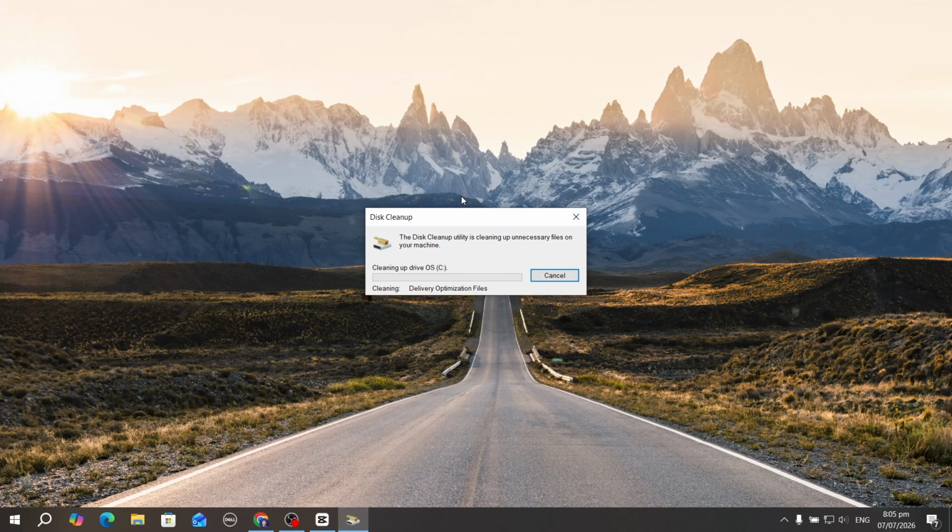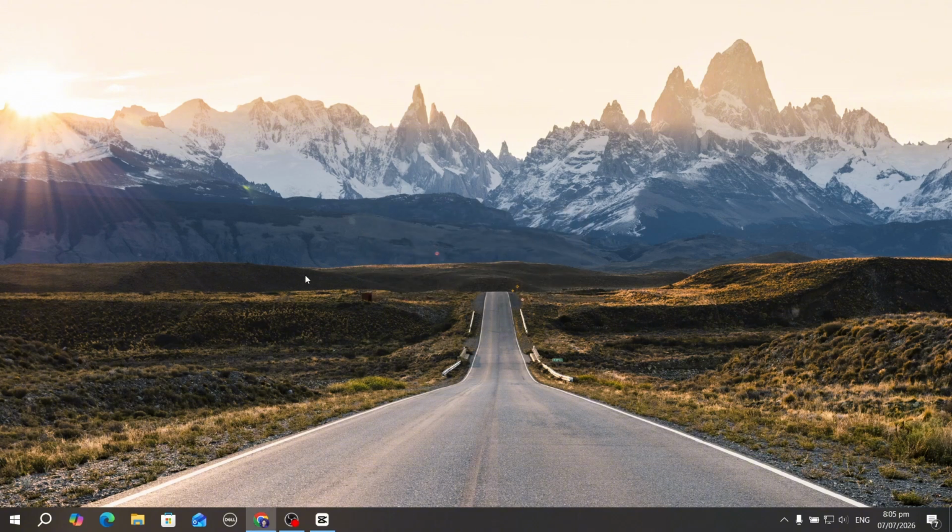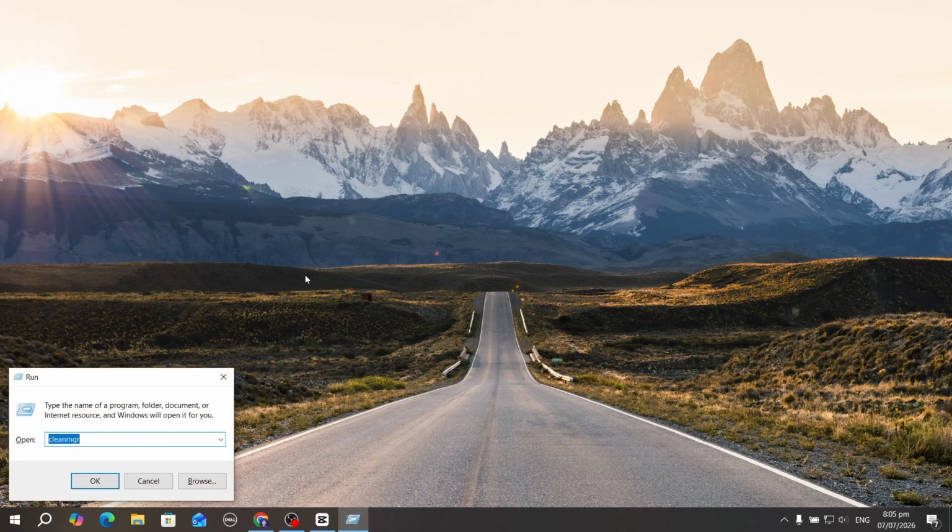Once done, you need to look if the problem still persists. Go ahead and launch your Roblox, and if the error still shows up, failed to reach client settings for Roblox installer, next up, what you need to do is type run again, and then here you need to write